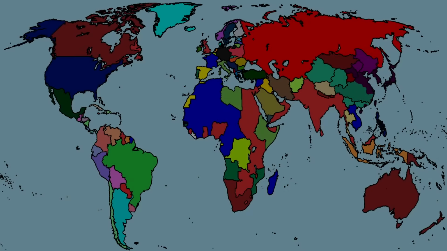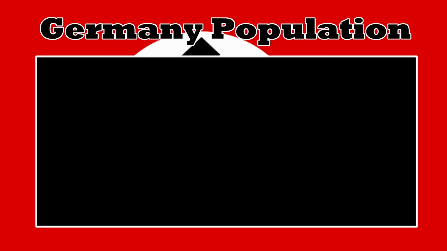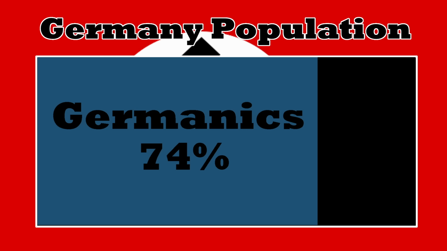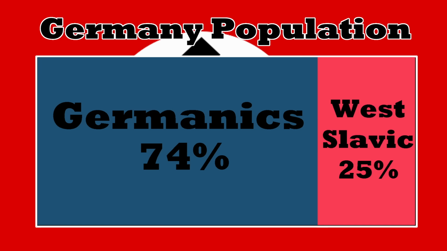Let's start off with a bang and discuss the changes within Germany, regaining their eastern lands, annexing Austria and Czechia, while controlling a puppet regime in Slovakia. All in all, this new German Empire is significantly larger than it is today. In terms of population, we see the German Empire jump from around 80 million to 120 million, a very significant 50% jump. Within this German Empire, around 75% of the population is German, while 25% is Western Slavic, with significant